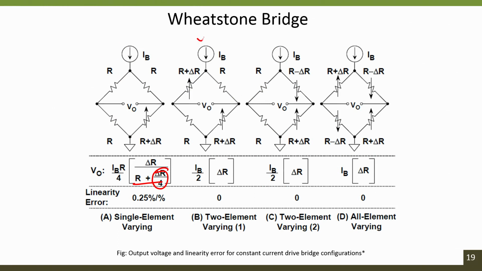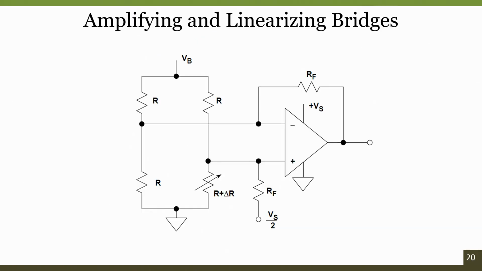So, instead of using a voltage, we can go with a simple current. When we go with a constant current as an input, in terms of voltage, we can see V naught is proportional to delta R, with a proportionality constant of IB by 2, even when you have R plus delta R and R plus delta R as your sensors too. This is another way of designing a signal conditioning circuit with the same element varying bridges, instead of using voltage as an input, using a constant current. Producing a constant current is again a problem, we have to look into that.